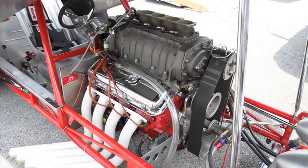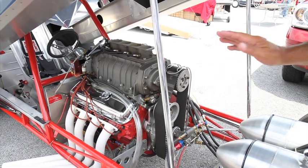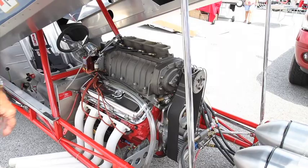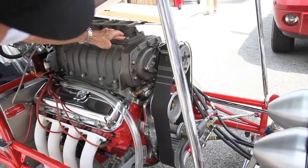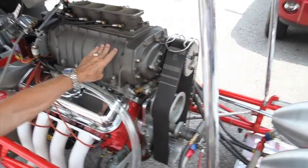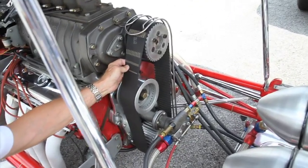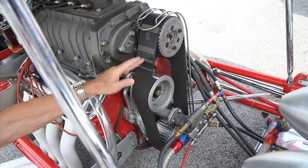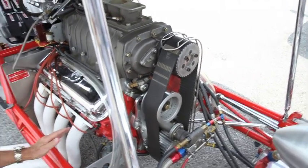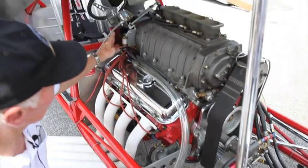Now, a lot of the viewers that are into current drag racing probably don't recognize some of this. I mean, that hardware there just remotely resembles the stuff that's on them right now. Can you give us a little idea of what we're looking at here? Sure. Well, we're looking at a 4-port Hilborn injector, which is kind of rare and obsolete now. A Bowers 1071 supercharger. The old Gilmer belt drives have evolved from these coarse teeth into fine teeth now. This is like 8 millimeter, it's gone to 14 millimeter. But the rest of the car, these are stall headers built up in Pennsylvania, Mallory ignition, Super Mag in the